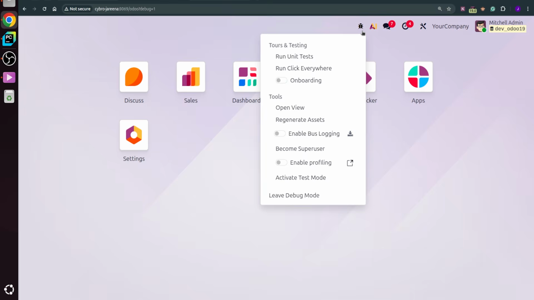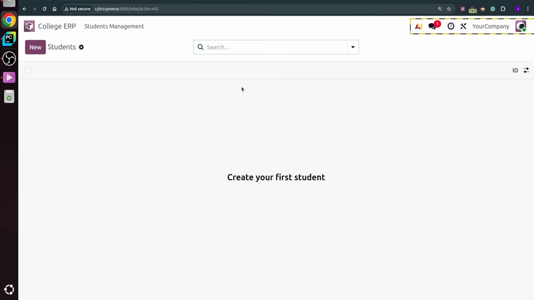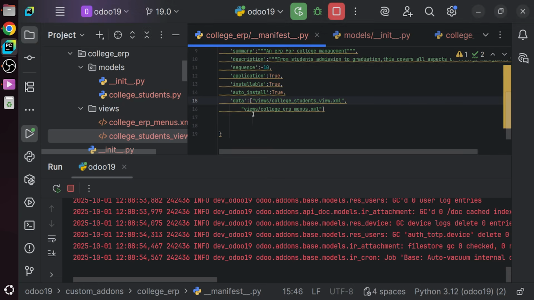Exactly. Here you can see that we can become the superuser. So let me become the superuser. As I become the superuser, I'm able to see the college ERP over here. So here you can see that as we don't have any records over here, I have already given the message to create your first student, as I don't have any record. So as you move on to the